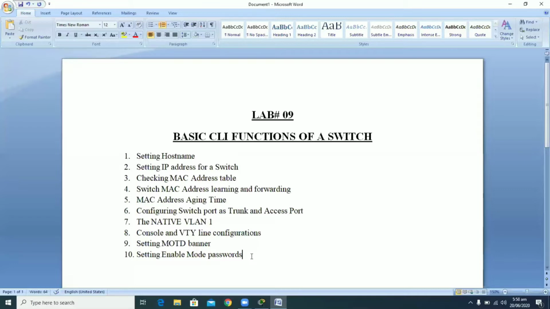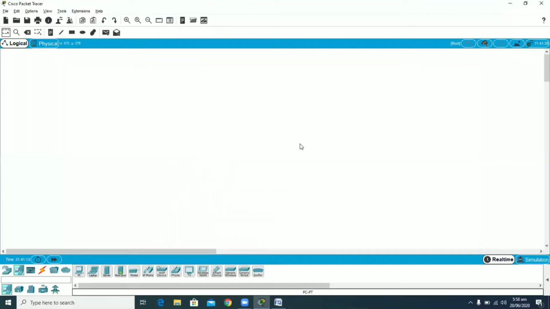For example, you cannot set an IP address on a particular interface of a layer 2 switch. However, you can set an IP address for a switch by configuring its virtual LAN number 1 interface, so that you can ping the switch to check whether it is alive or not. So we are going to start our lab, moving to the Packet Tracer work area.